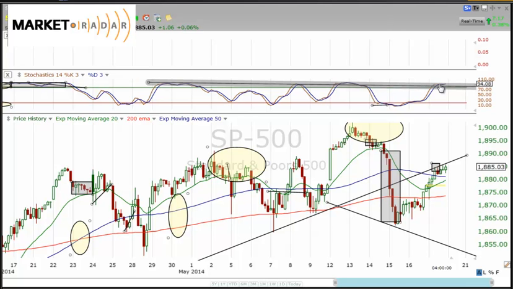So we're extended here, and let's close this out by saying we're extended, we're embedded, and embedded stochastics to the downside here show you more weakness. Embedded stochastics to the upside here show you some more strength coming up. You see up here how we stayed up in this level for multiple time frames. Each candle represents one time frame, so this is a 60-minute bar, which represents 60 minutes.